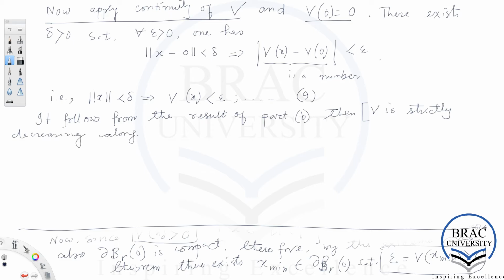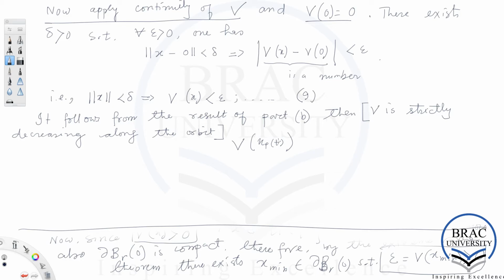This was the result of part B, along the orbit. Okay. So this is what we are going to use, and from which it follows that V of up of t